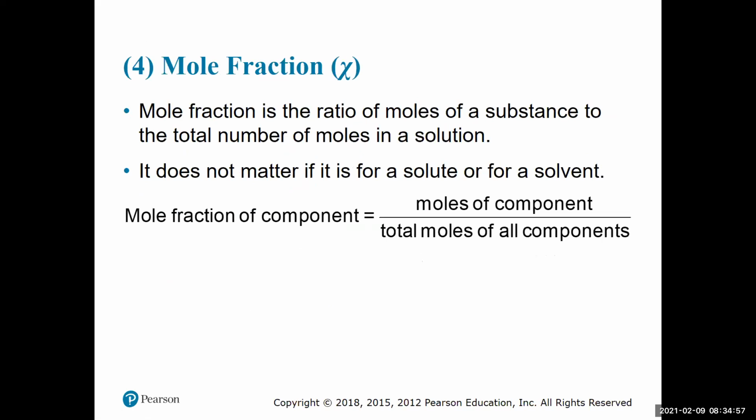So mole fraction is simply the ratio of the moles of a substance to the total number of moles in the solution. With parts per million and weight percent, it's usually solute over the total. In this case, it can be the solute or the solvent in terms of moles of component, and then that's divided by the total moles of all the components. So let's take a look at an example